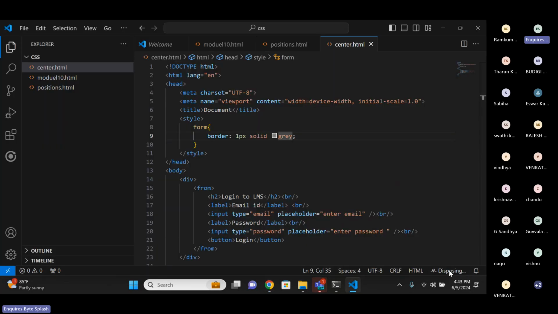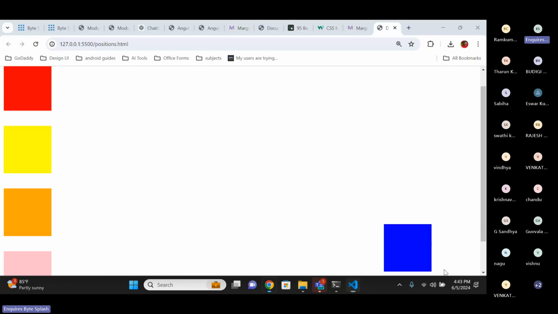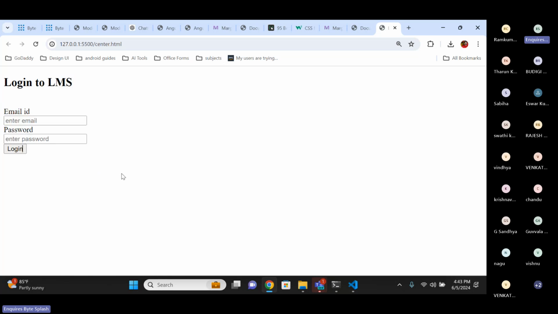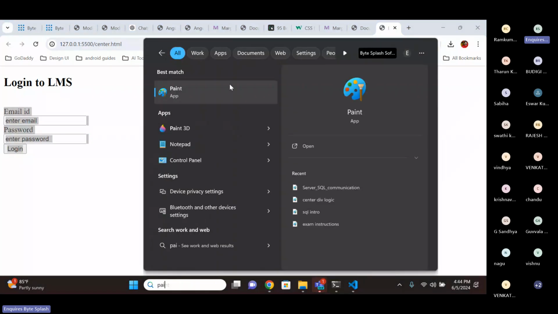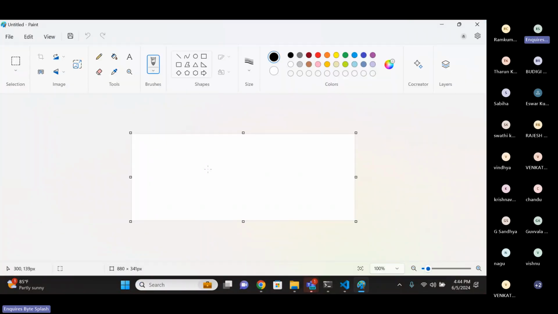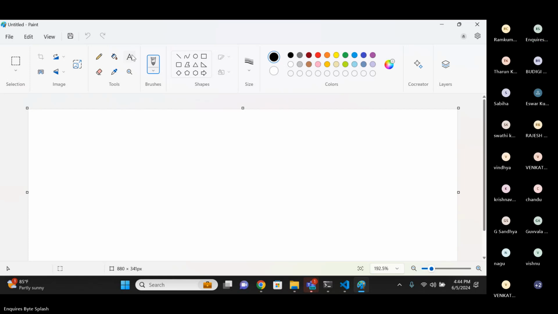So just run on some port number, just go live. You see this is the form. So now I want to make it center. That's it, not more than that. For this, how will I make it? Margin top 50%. So I will just explain you so that you can understand. One way I will explain you. See,